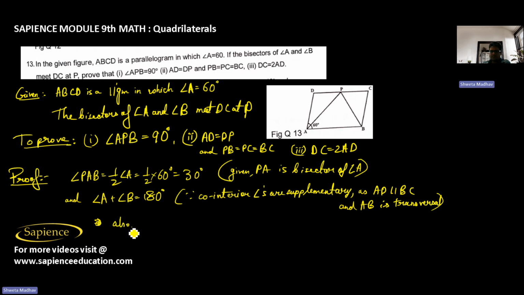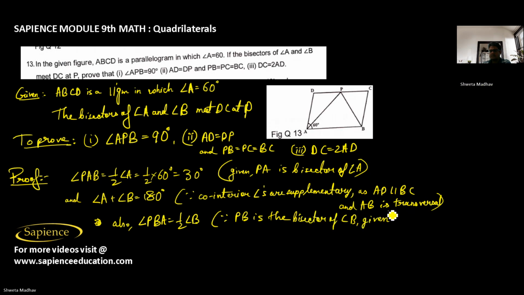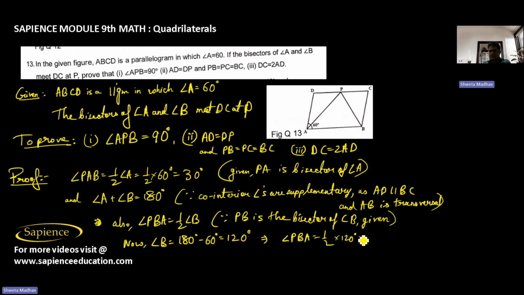and also angle PBA is equal to half of angle B, as it is given that PB is the bisector of angle B. Now, therefore, angle B would be equal to 180 degrees minus 60 degrees, that is 120 degrees. So I can say that angle PBA is equal to half of 120 degrees, which is equal to 60 degrees. So now, therefore,